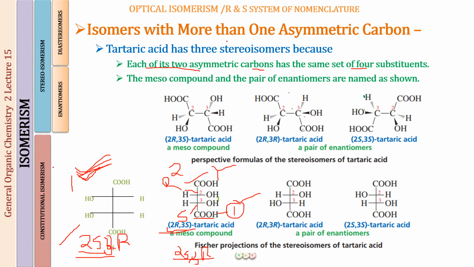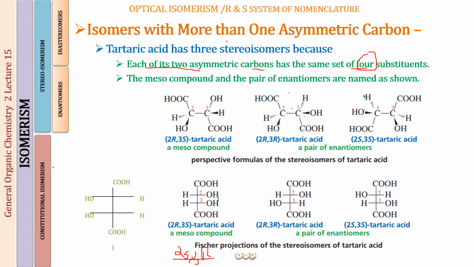So when you find that the two asymmetric carbons, they are having the same set of 4 substituents, there the meso compound, first of all, that is going to be formed. And when that meso compound is forming, that meso compound and its mirror image compound, they are going to be identical. They are going to be superimposable on each other. So this is how you find out the difference between enantiomers, diastereomers and identical molecules. I hope this is very clear to you people, because this is going to very frequently come in your examination.